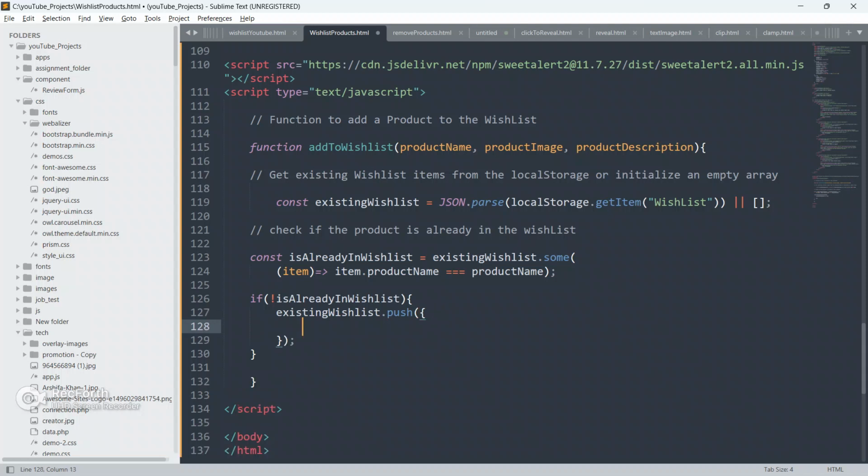We will push some of the elements: this product name, comma, this product image from here, and comma, this product description, from here only.